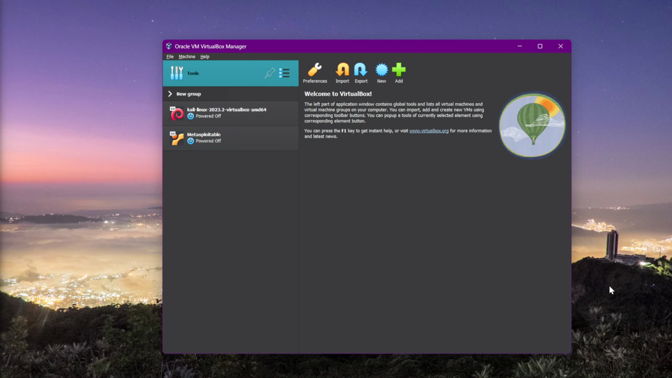Excellent. Now we have our Kali Linux machine and our Metasploitable machine. So we should be able to start running assessments between the two of them. However, we need to conduct an extra step before all this happens because by default, VirtualBox creates a network,